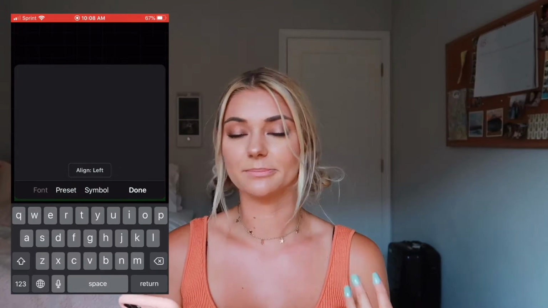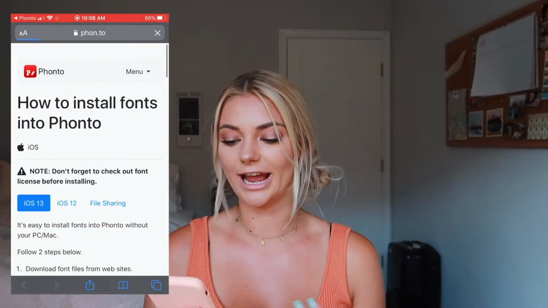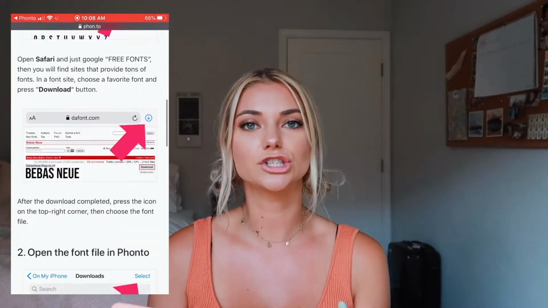For popular fonts, the one I'm going to be showing you is Keep on Truckin'. It's that really popular one that a bunch of people use. It doesn't actually come on Fonto, but it's super easy to get. I already have it, so I'm just making an example of a different one. But basically all you want to do is go over to My Fonts and then click on how to install fonts, and then it'll basically show you how to do it.